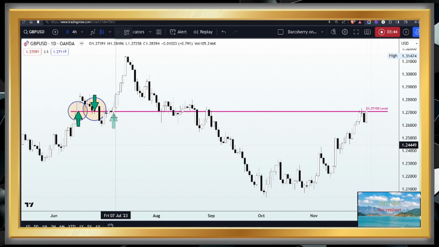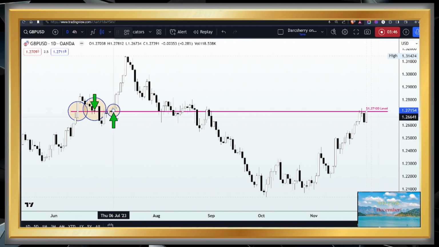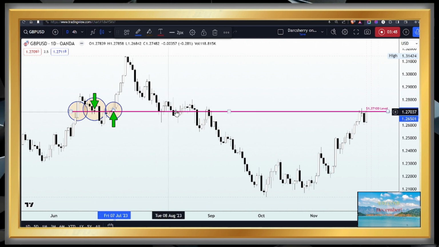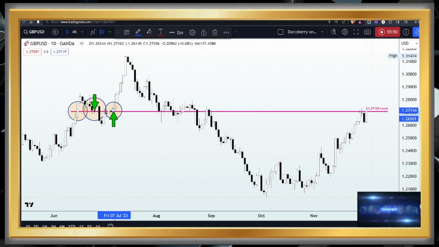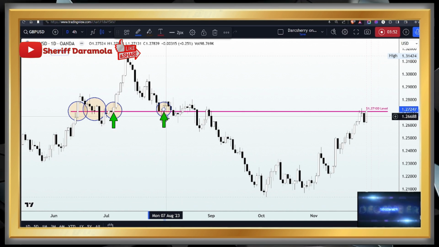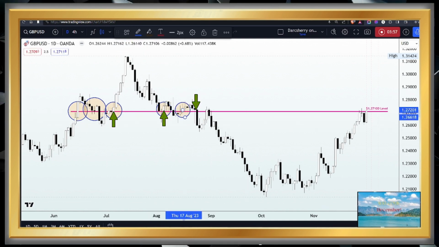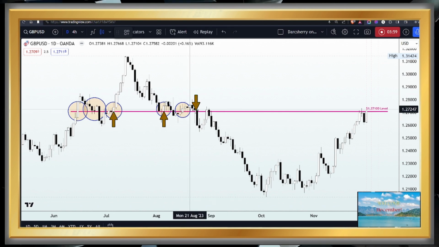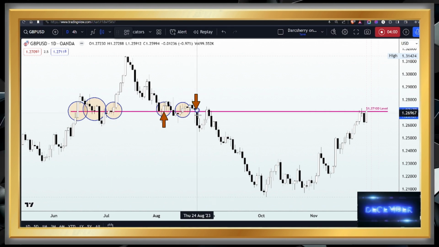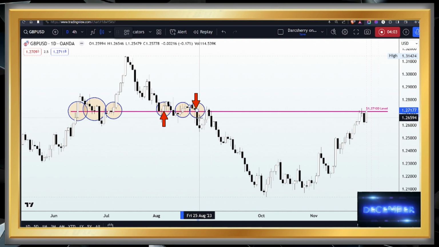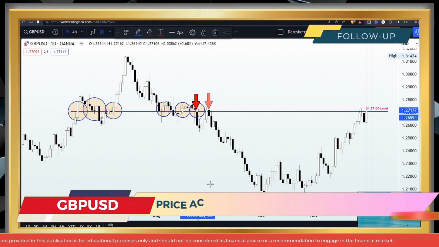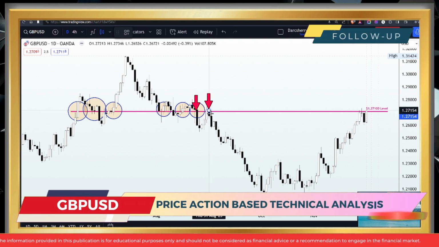And since price broke out the structure in the month of July, we saw how that level was serving as a buying niche for some time, as you will see here, before price action finally broke down that structure in the month of August. And since the breakdown happened in the month of August, you will see how this level had remained a selling niche